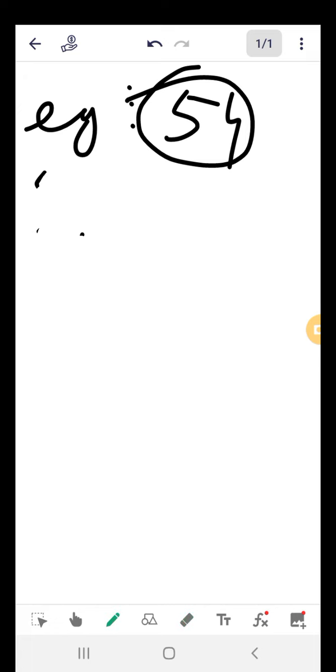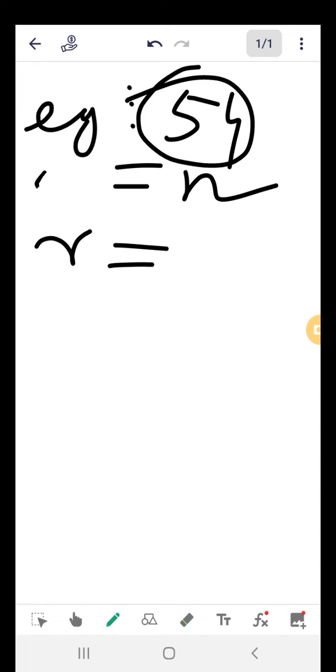That is very important. So if n is a variable containing 54, for example, just assume that the user has entered 54. Now how will you add the individual digits? First, I am taking another variable, r. Its initial value is 0. Now I am writing r equals n mod